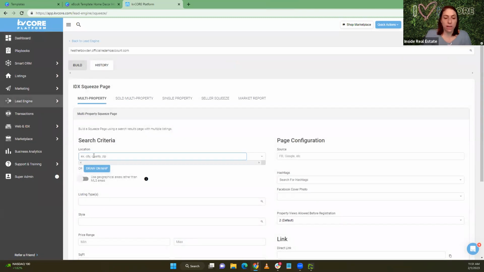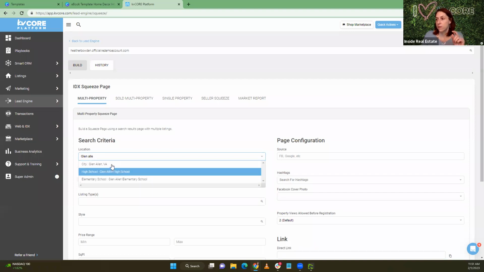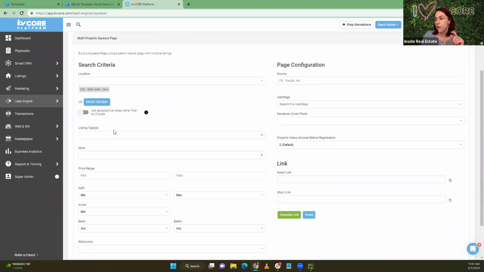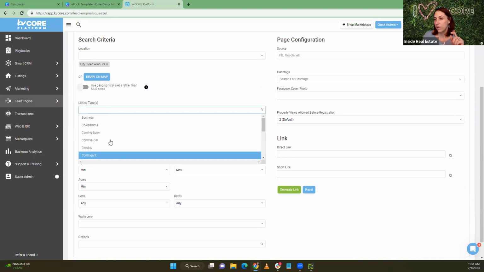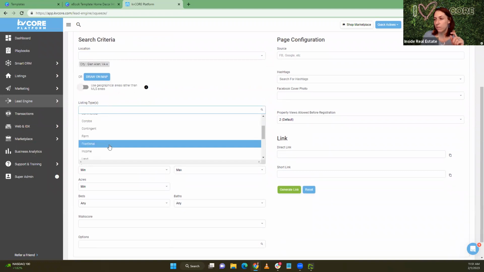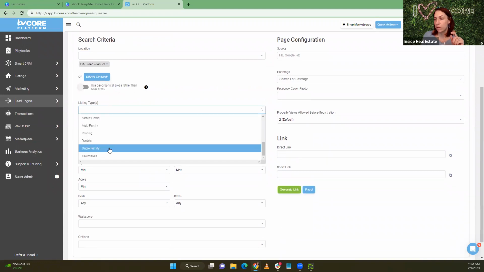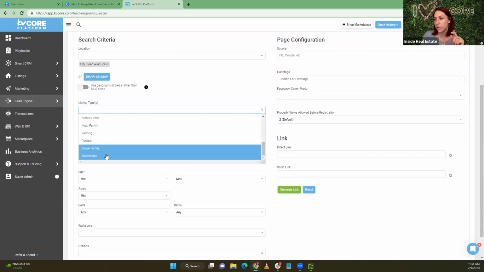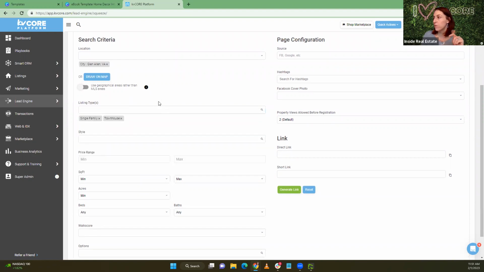Now I'm going to go Glen Allen. Find it, city of Glen Allen. Probably I don't want all this stuff. I just want homes, single family homes, maybe townhomes, I guess. I don't know what the area calls for. You would know because you live there. And then